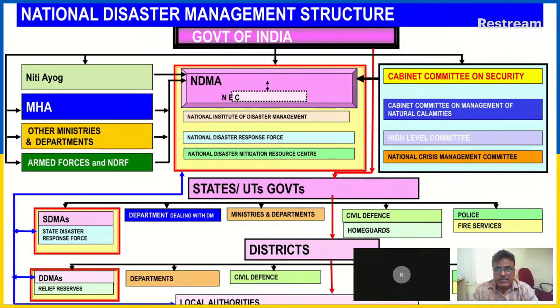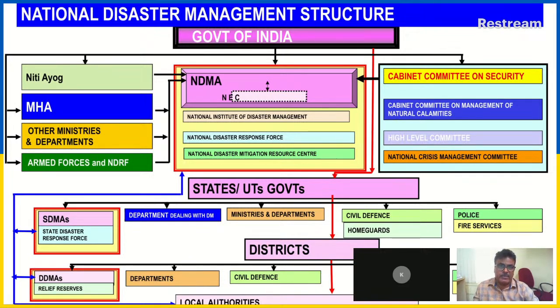And what are these below there? States, cities, governments. I have already mentioned SDMA and DDMA. Departments will also assist, for example, the agriculture department, animal husbandry, police, fire, home guard. All of them will be assisting during a disaster. There is a state disaster response force created in every state, and they are going to help. So all departments will be part of the state disaster management authority during disasters.